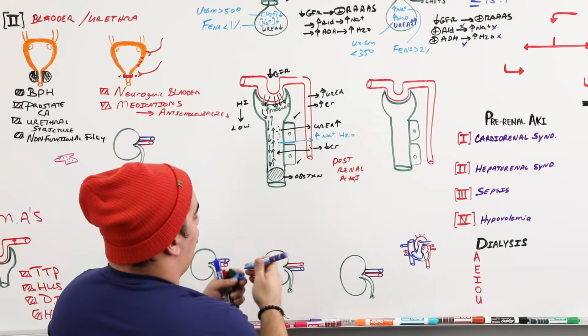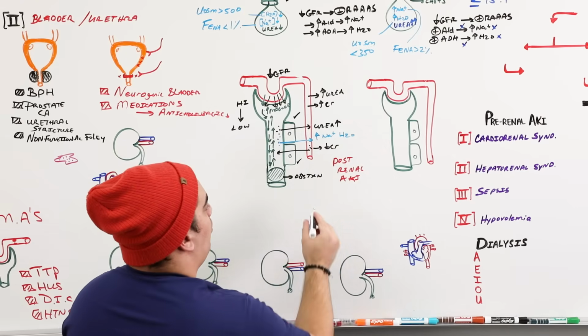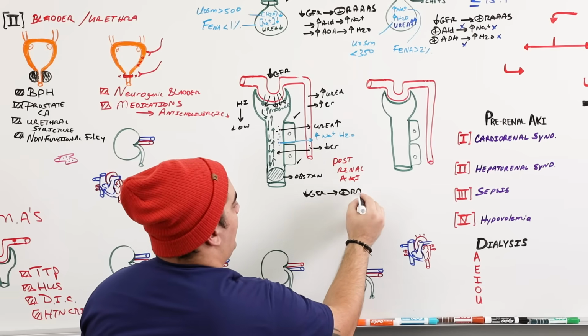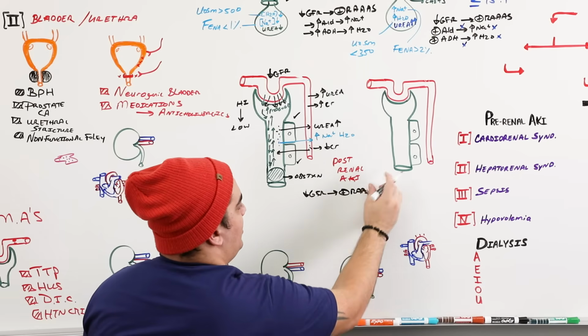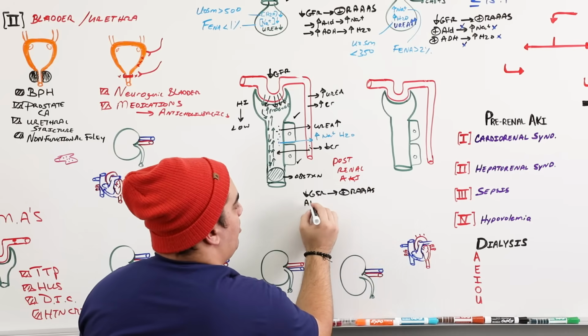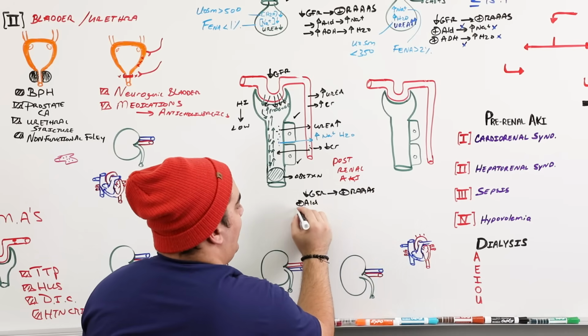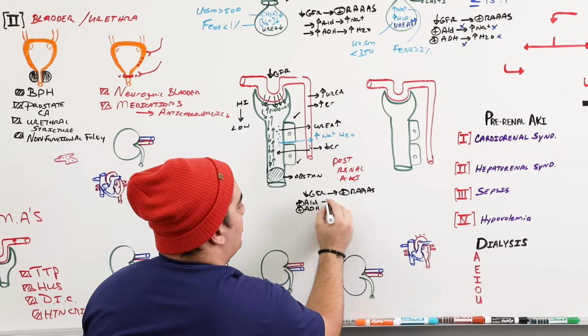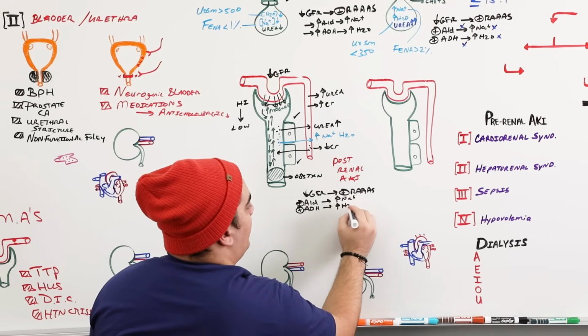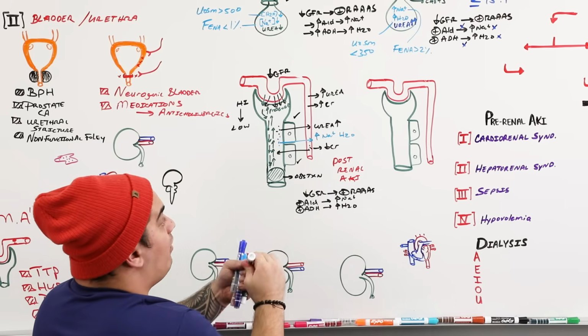And because the kidney tubules are intact, guess what else? When you have a low GFR, you stimulate the renin, angiotensin, aldosterone, ADH system, right? And if that has functional kidney tubular cells, aldosterone and ADH, as long as the kidney tubular cells are functional, will increase sodium and will increase water. And guess what? The kidney tubules are functional.